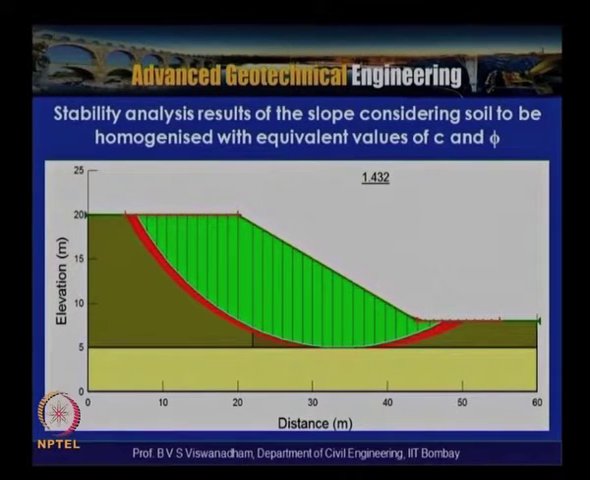Now this is done by taking the equivalent properties in the zone influenced by the stone columns. So the factor of safety was found to improve, wherein you have a factor of safety of about 1.432 with the presence of stone columns. So what we have understood from these examples is that